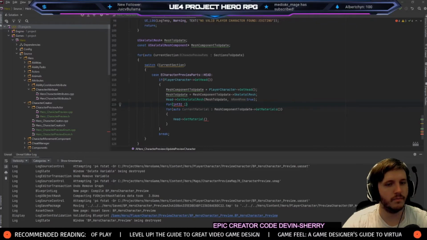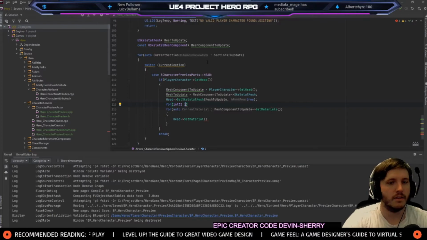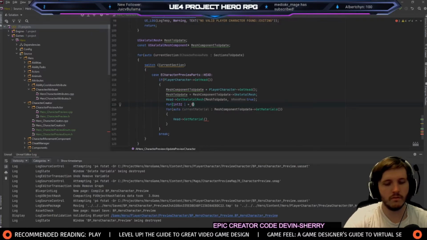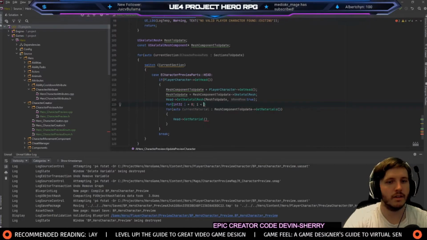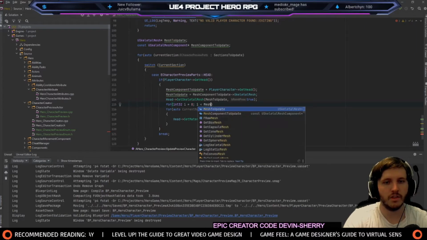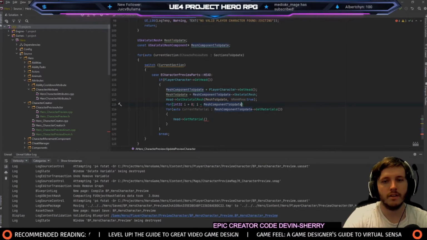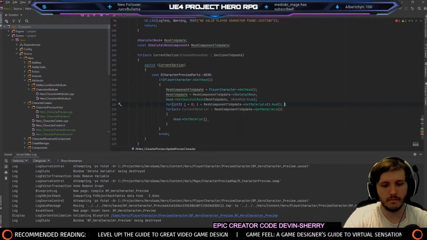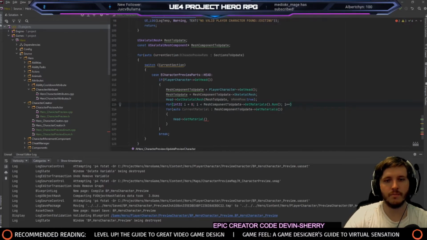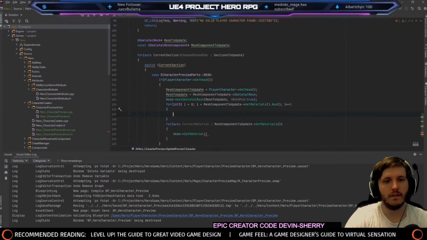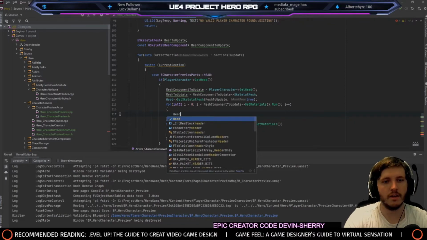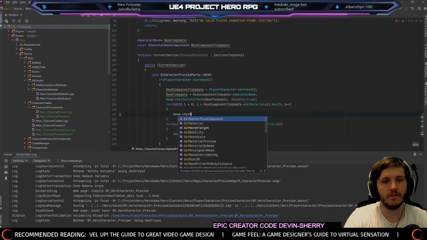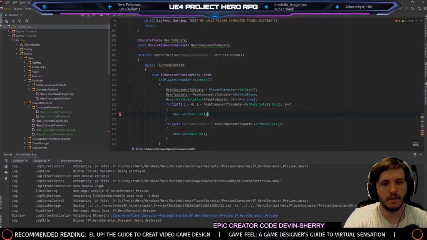Yeah, okay, so for int I equals 0, I is less than mesh component to update dot get materials dot num, I plus plus, and then I gotta do head set material I,